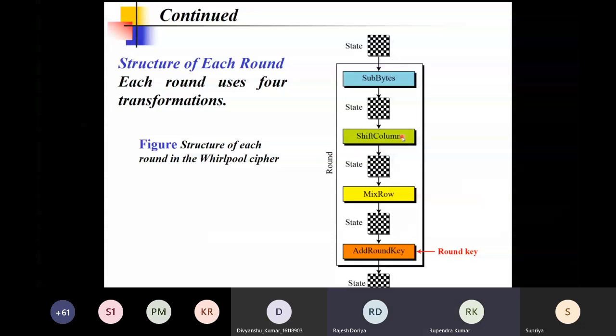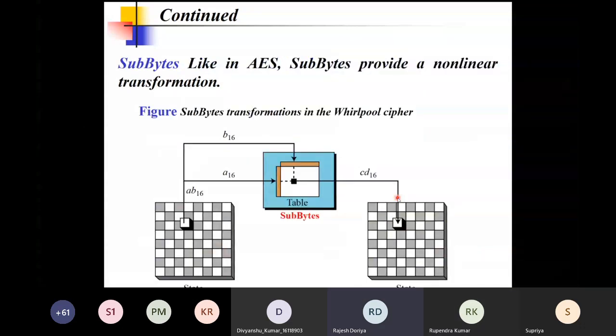Over here we are performing shift column and then mix rows. The operations have been changed, and now this is how your byte substitution method works.